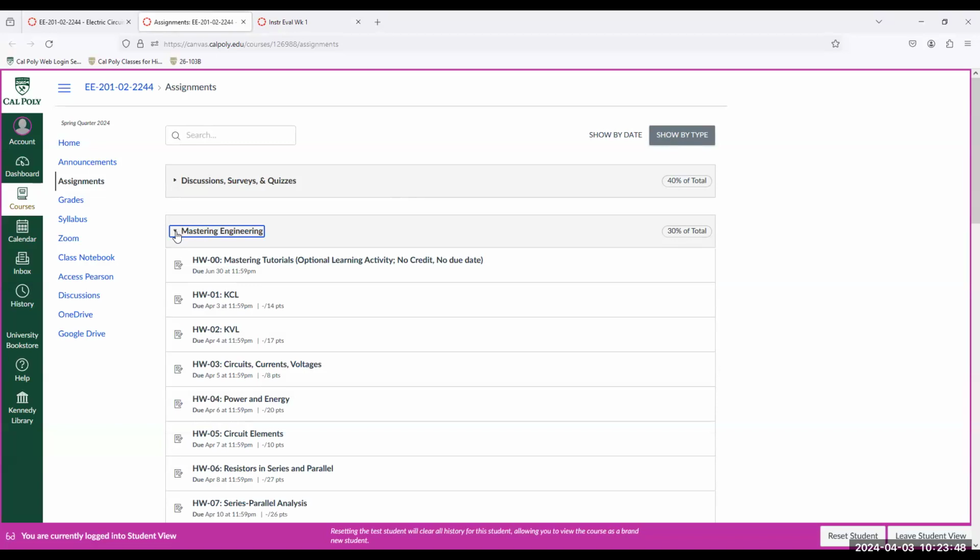You can take this as many times as you need. There is a due date on there, but late homework is accepted. There's a late penalty of 5% for every day that a student is late, but you do not need to ask me for an extension. The students who submit on time get the full credit. If you're late by a few days, there's a small deduction for every single day that you're late.